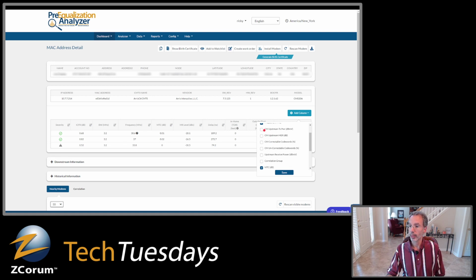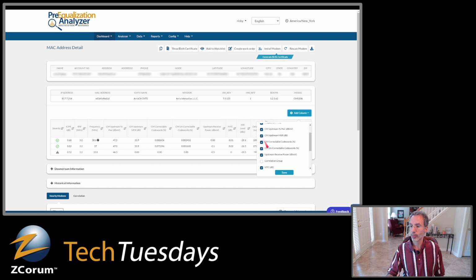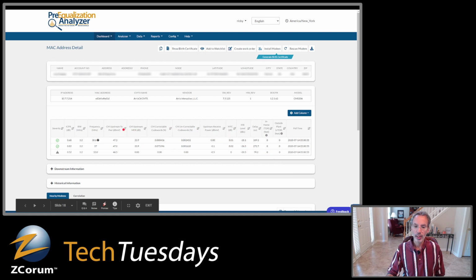You can start looking at upstream power, MER, code word errors, upstream receive power. You could also click to see if it's in a correlation group, although this one didn't appear to be, but I went ahead and clicked those first ones there, and you can see that it added them to the table. And then you just click Save, and now I can see my upstream transmit power, upstream MER, my code